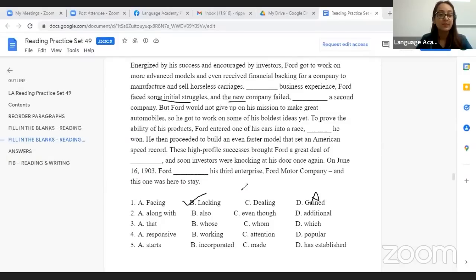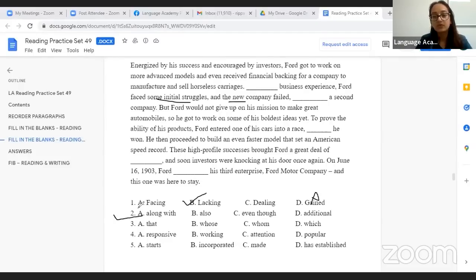Also a second company also cannot come. It will be incomplete if you put, after the comma, straight away also a second company. Even though cannot come because we are not going opposite. Even the first side was negative, the second side is also negative. Additionally means one more, but it has to be additionally. So the right answer was along with, means with one company failed and along with it means with that a